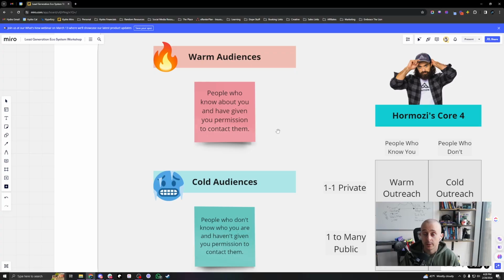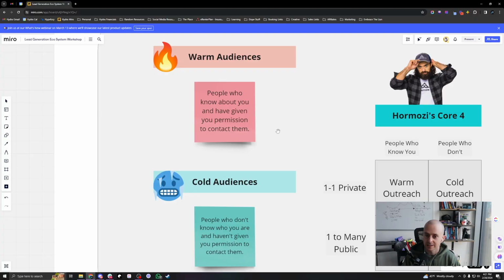Now, these two buckets become very important for us to understand because we have to know who we're talking to, right? When we're talking to a warm audience, when we're talking to a warm lead, and this is what we consider like a referral, we have a lot of leverage with that person. There's some trust built there. Anytime that you've gotten a referral from another client or maybe a referral partner, there's been trust already established because the person that sent them to you trusts you. And chances are they have trust with each other. And so when you're getting that referral, there's already some trust built. But with cold audiences, this is completely different.